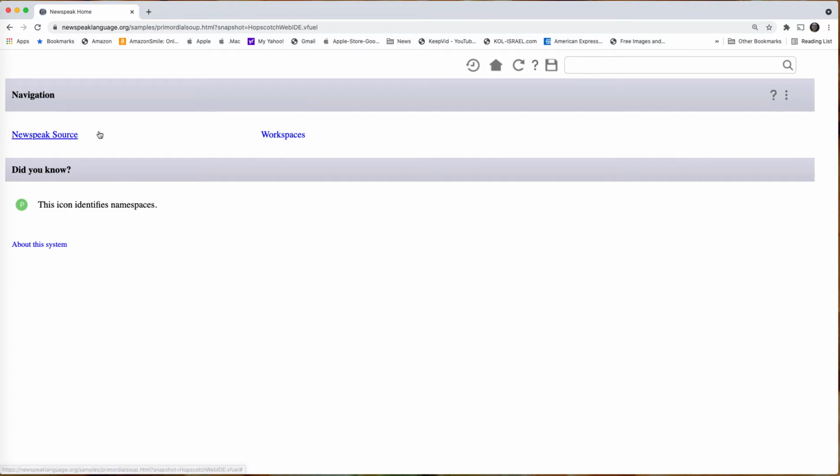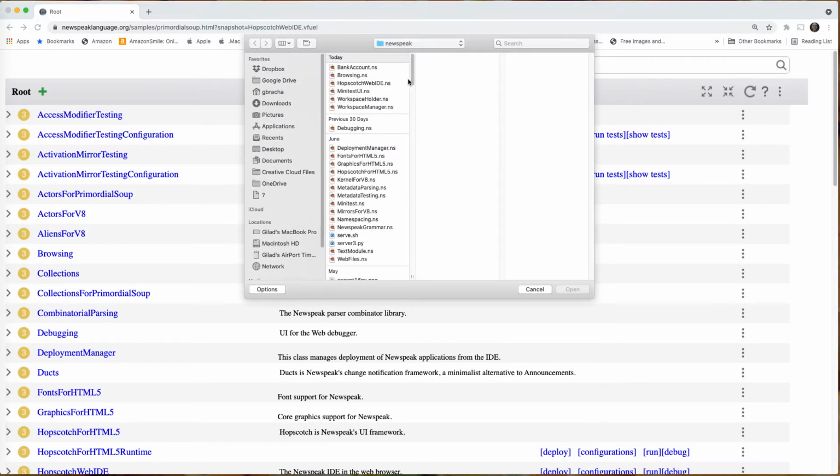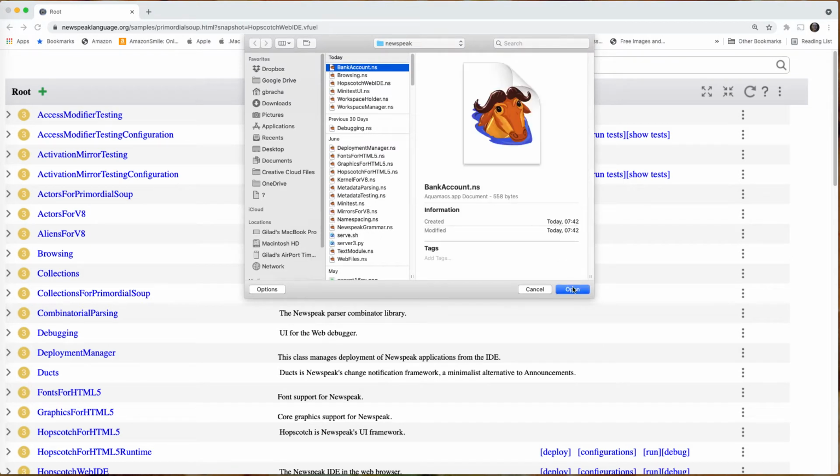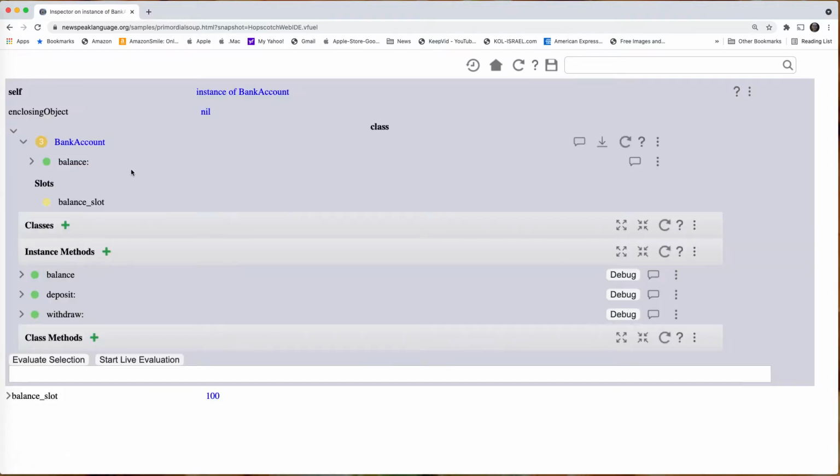I'm going to be demoing the use of exemplars in the Newspeak IDE. If we go here to the source code, we see a display of classes, and we have the option of compiling a file from source. We're going to compile bank account, and if we go to bank account, the interesting thing here is that we've